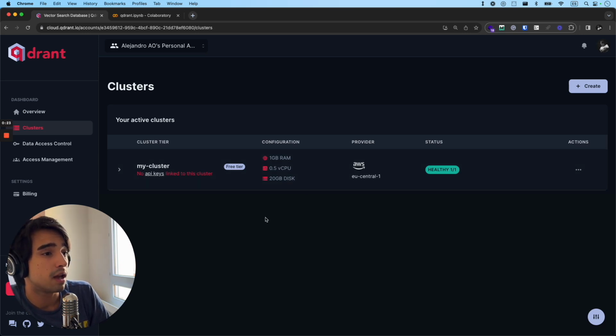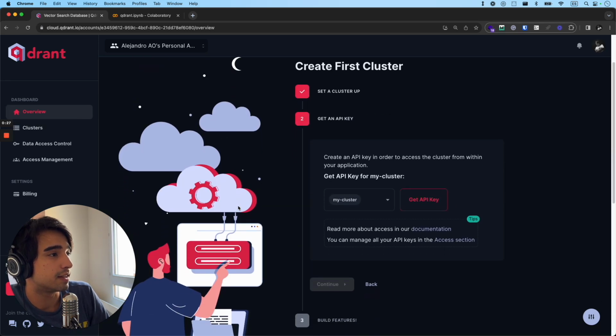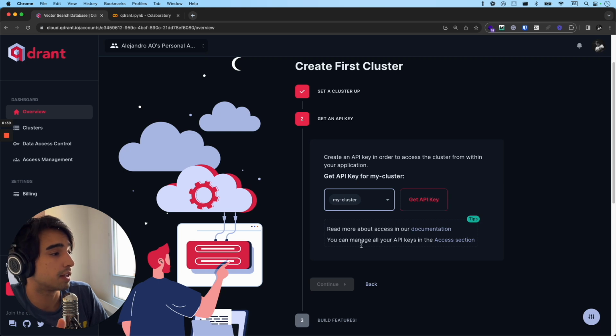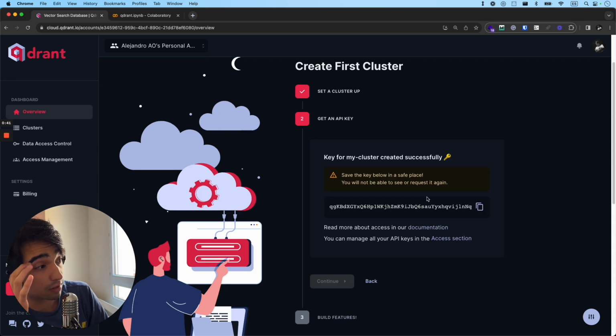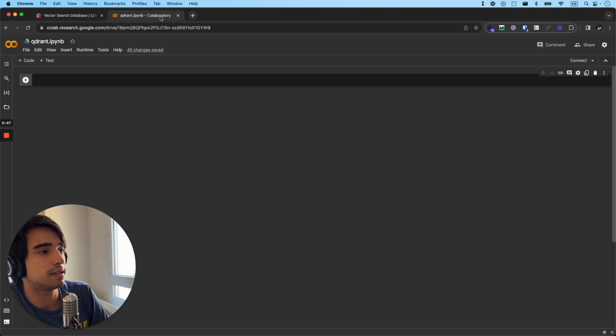Now what we're going to do is go back to overview, and as you can see, the next step after setting up the cluster is creating an API key to connect to that cluster. So that's what we're going to do. If you had several clusters, you're going to want to select the one that you want the API key from right here, and then you can click on Get API Key. This is the API key that I'm going to be copying, and I'm going to paste it right here in my